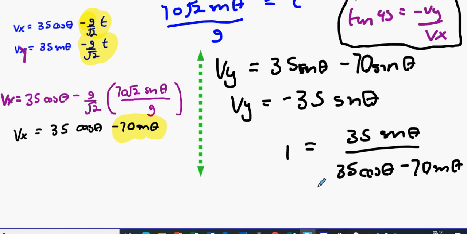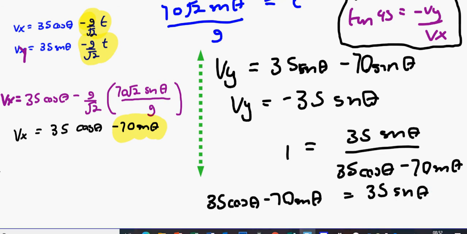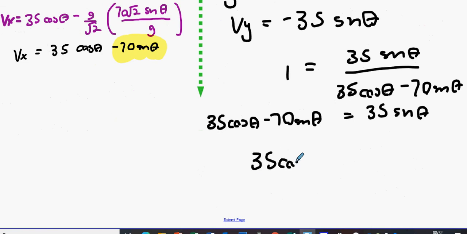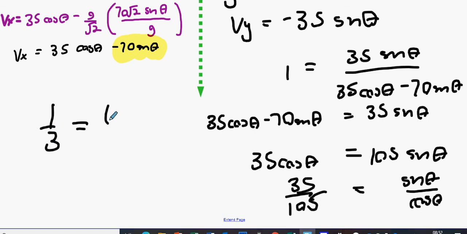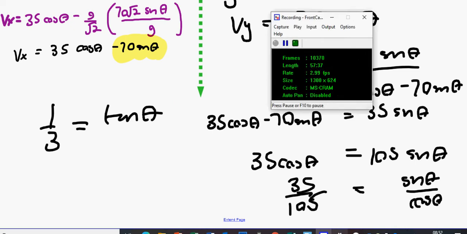Cross multiply up, and what do we get? 35 cos theta minus 70 sine theta equals 35 sine theta. 35 cos theta equals 105 sine theta. Who got this one out? Alright, not bad. Then we have sine theta over cos theta equals 35 over 105. Tan theta equals 1/3. So please remember, when you did this